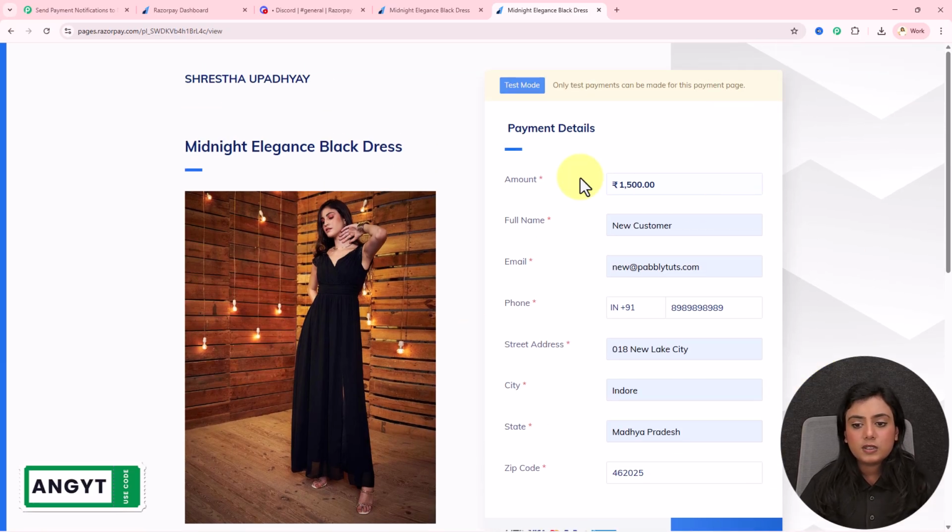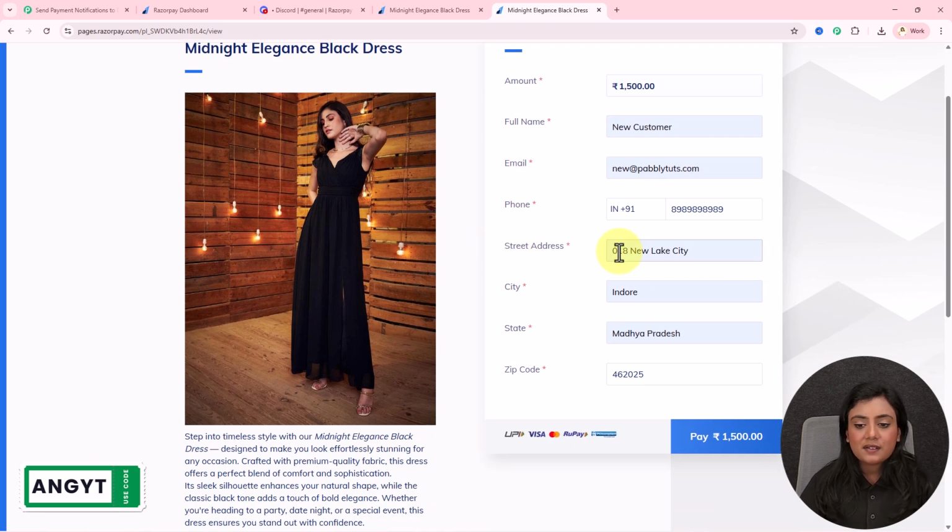I have entered all the details. Amount is 1500, full name is new customer, email is new@pabblytudes.com, phone number, street address is 18 New Lake City, city is Indore, state is Madhya Pradesh, and this is the zip code. I will do the payment